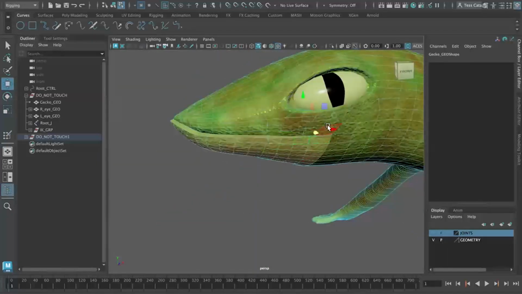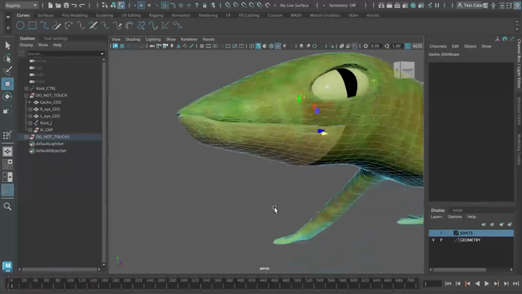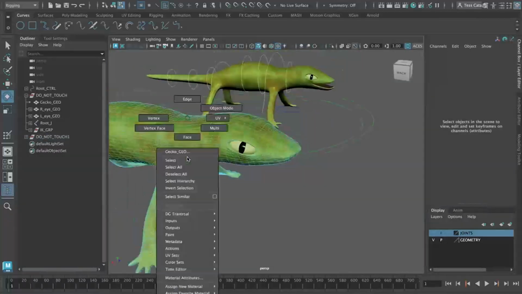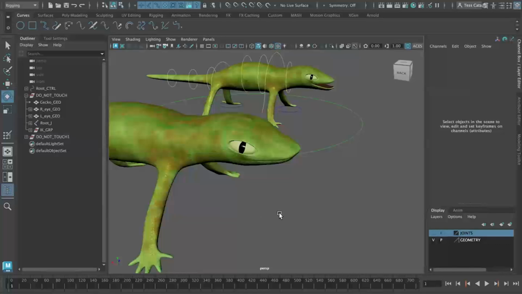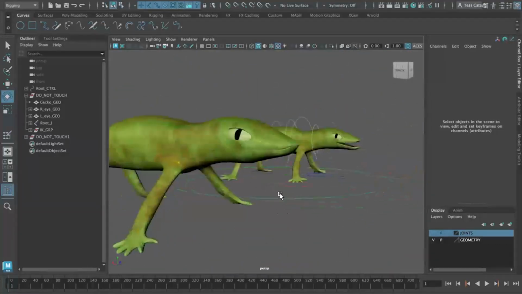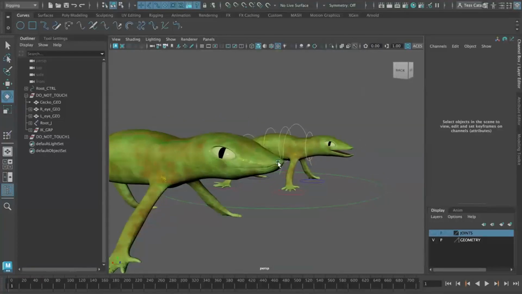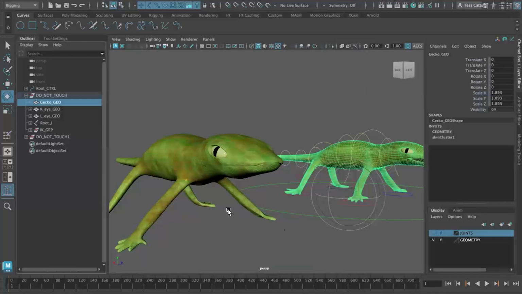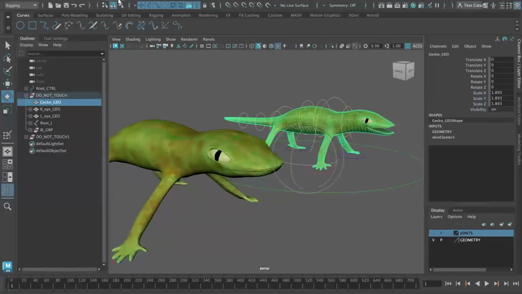I might also want to just move them back a little bit and rotate again, maybe just a tiny bit more, something like that. And now I have my gecko with a closed mouth, and so I'm going to use this as a blend shape. So to map this expression onto the character model itself, I'm going to select that character model, and I'm going to go up to